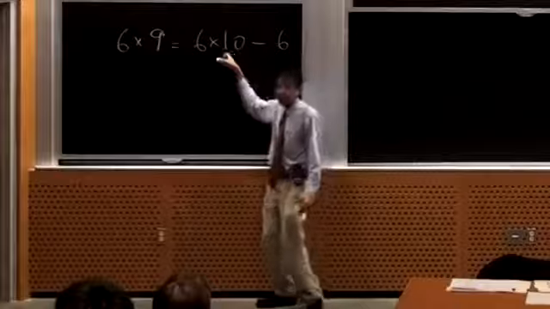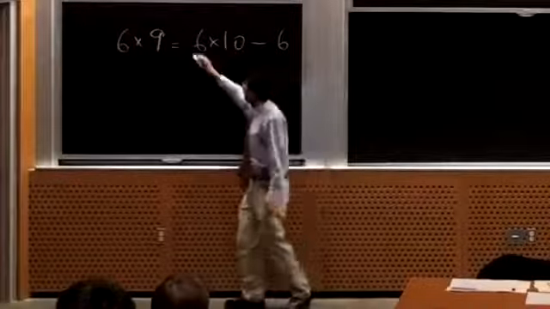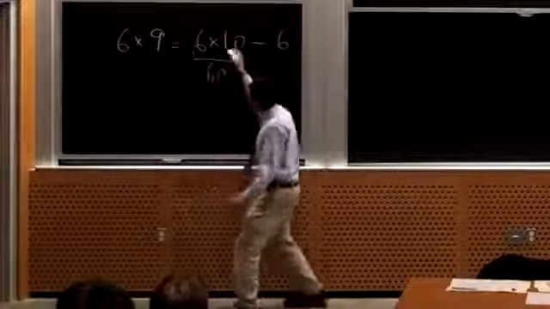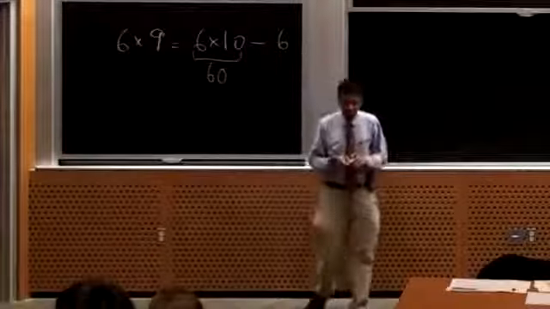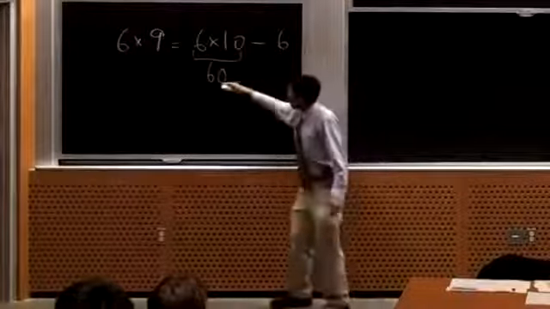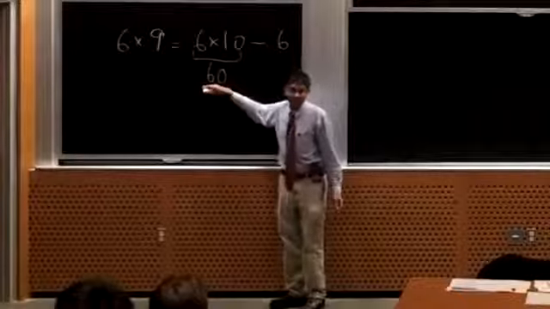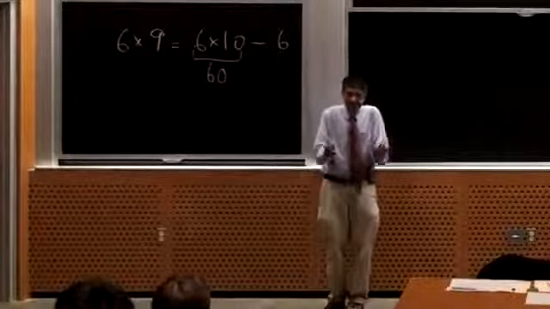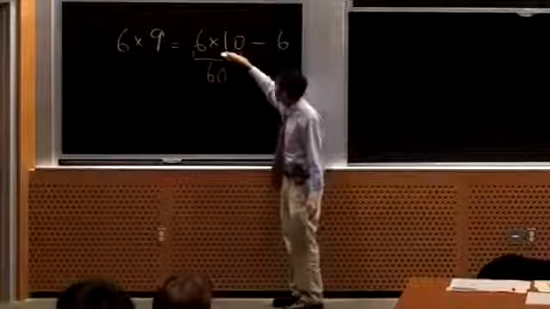So 6 times 10, you know, not by memorizing, but from understanding the number system. So you know that that's 60 because of the way the number system works. You don't have to memorize that. That's the kind of example where I think calculators should be programmed to self-destruct or at least not work for about a week if you type in a problem like that. They should just freeze as an incentive to actually think about these things before you put them into the calculator.